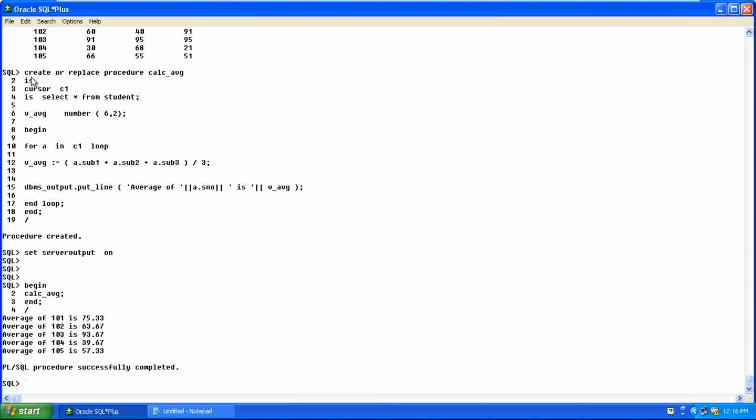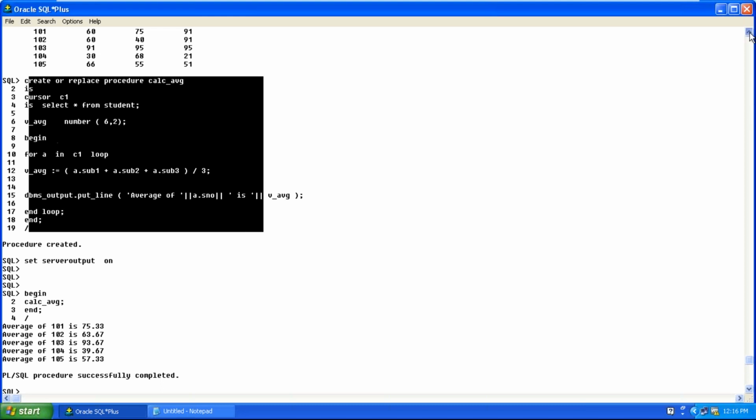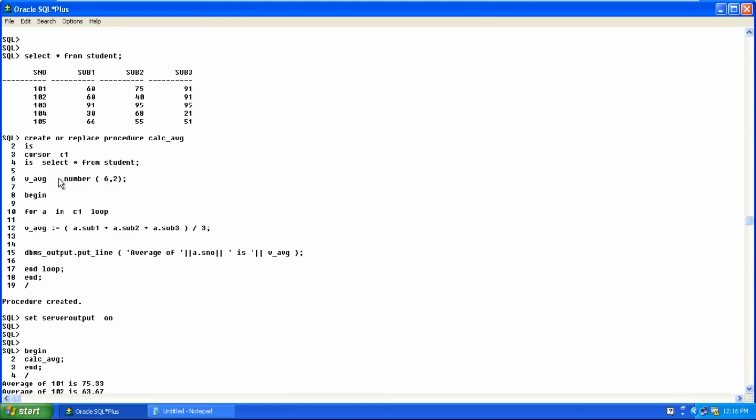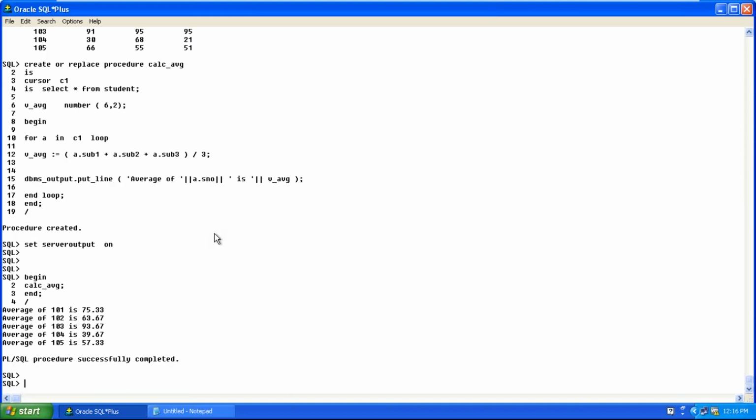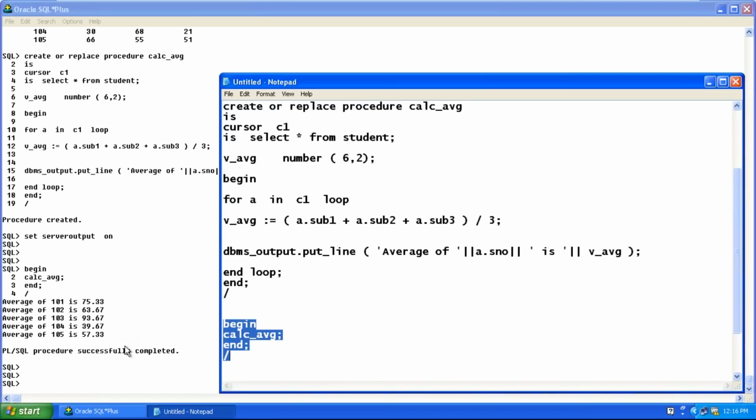So this is how we should write a program. Whenever you want to process multiple records from the table, we should use the concept of cursors, and we are using it inside a procedure. So very simple. Whenever I want to calculate average, say every month, I invoke the procedure. That's it. My average will be printed. Got it? Yeah.